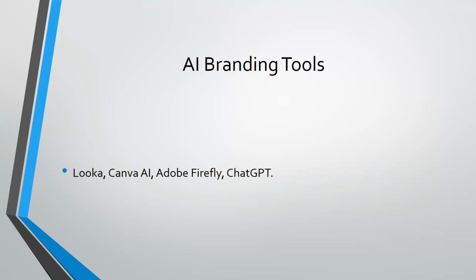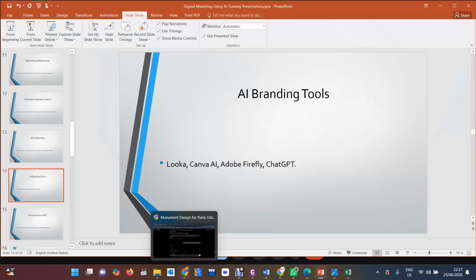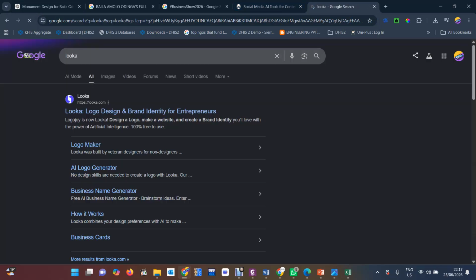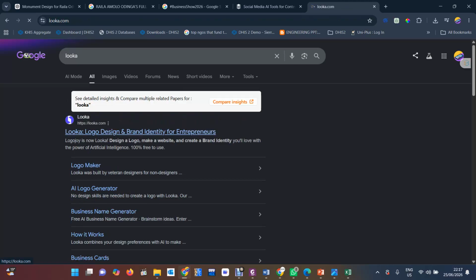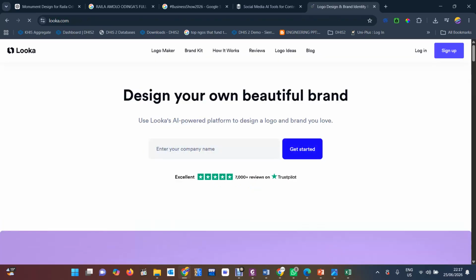AI branding tools, Looka. We have talked about Canva AI, Adobe Firefly, and ChatGPT. What about Looka? So you can search for another one called Looka. Then here it is, Looka. For logo designs, brand identities, you can use that.